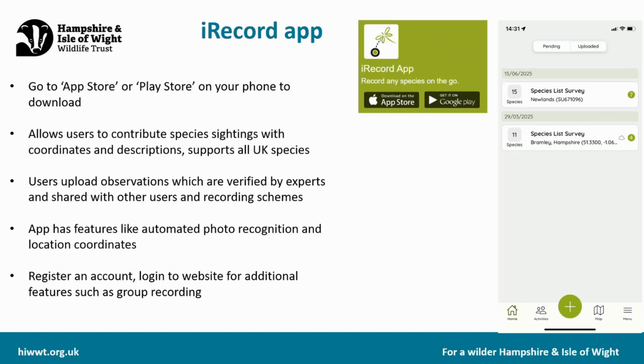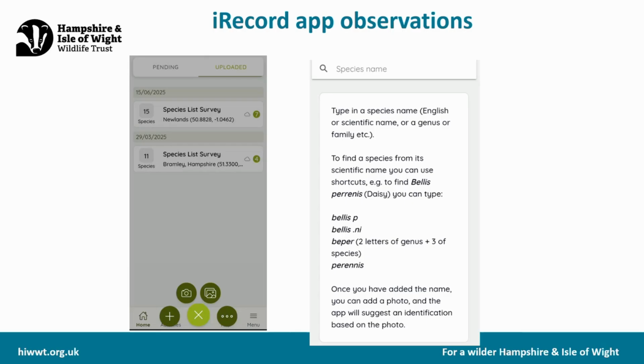Again, you have to register for an account, but it is directly linked with the iRecord website, and they've got additional features on there that you can set up, such as group recording. So this shows just some screenshots again to take you through it, to hopefully make it a bit easier to use. So you can add a record by pressing this central button down at the bottom,